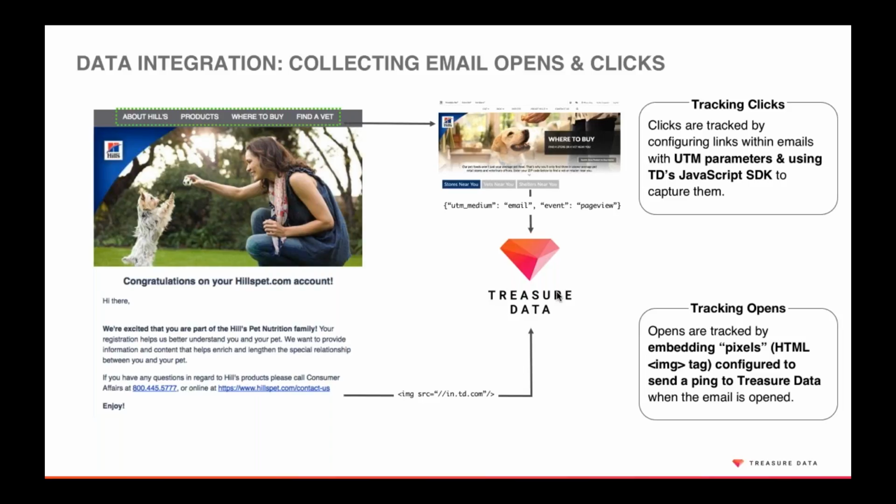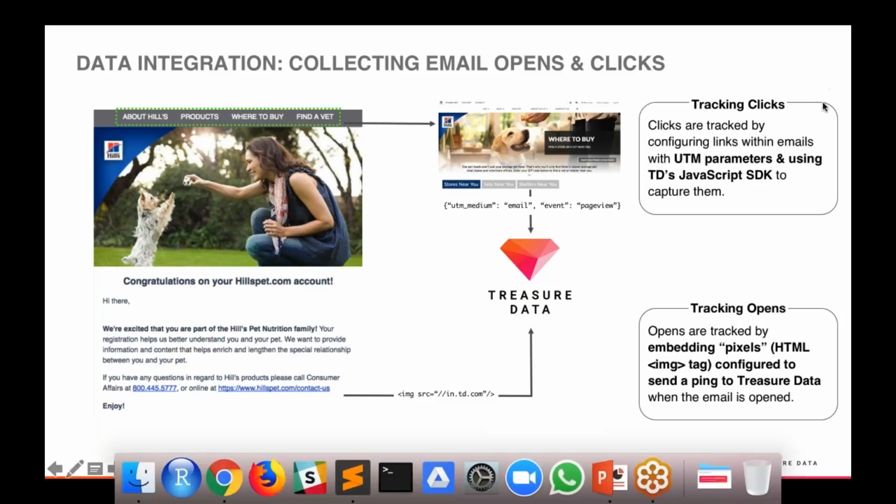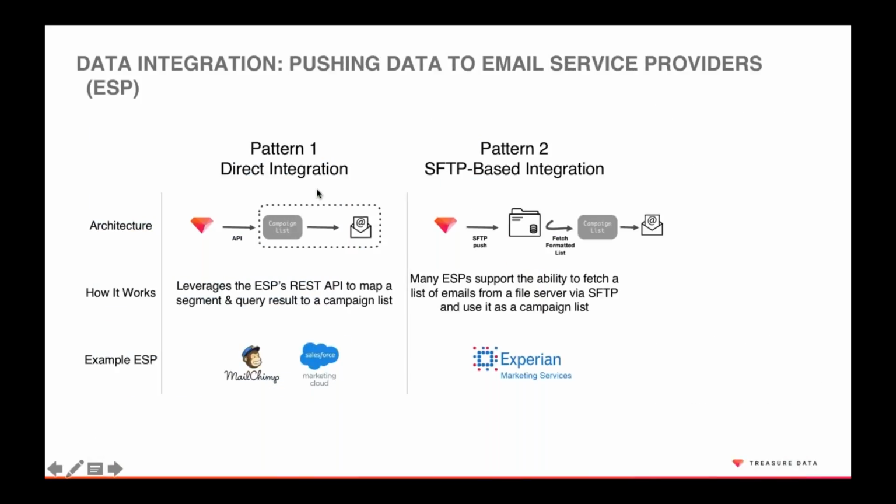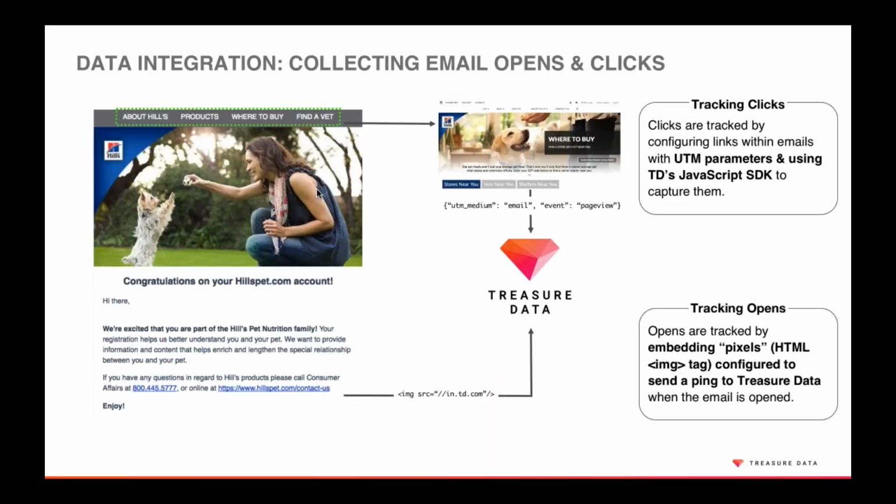What we can do is send emails and then get back data from the email vendor, or we can embed our JavaScript. And then from there, we're actually sending data from the email channel directly back into the CDP tool. So we can integrate one of two ways. This is just the data integration, but the whole point is that we can customize this content, and not only the content, but the frequency of communication.